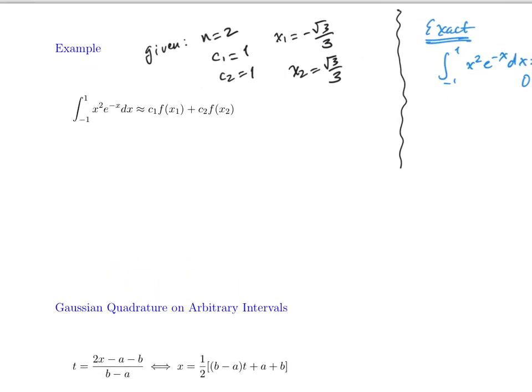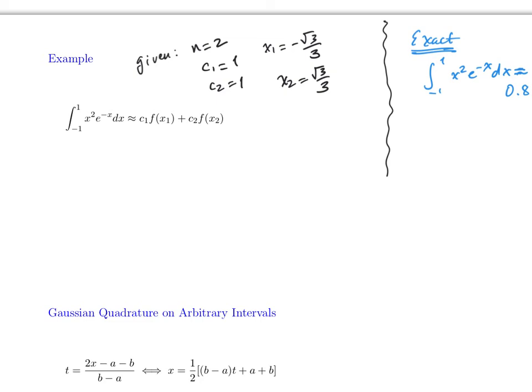Therefore, if we use the Gaussian quadrature, all we have to do is use these values here. So this will be equal to C1, which is 1, times f of minus radical 3 over 3, plus C2, which is again 1, times f of radical 3 over 3,